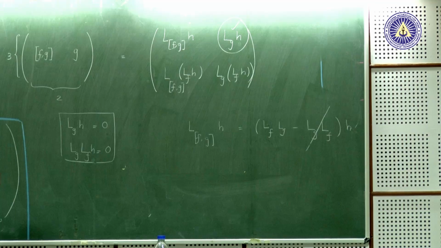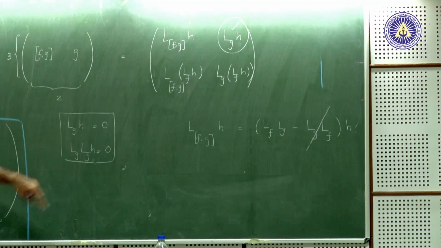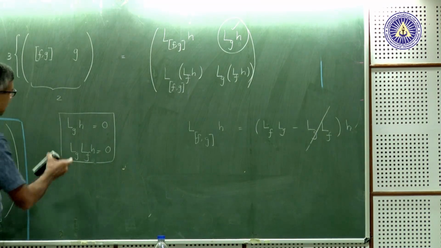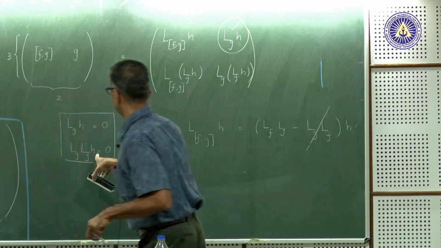Yeah, I seem to have made some mistake here. LgLfH. Oh yes, I think I have. If it's relative degree k, this is not 0. k equals 2, that's not 0. My mistake is, if it's relative degree 2, how can this be 0, right? Because